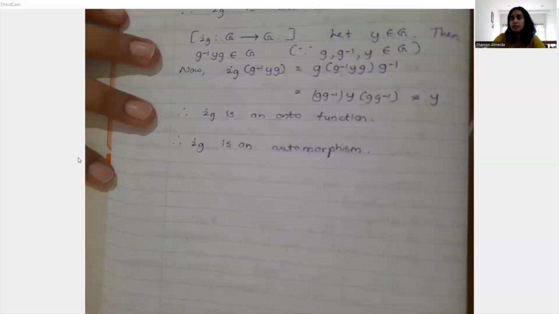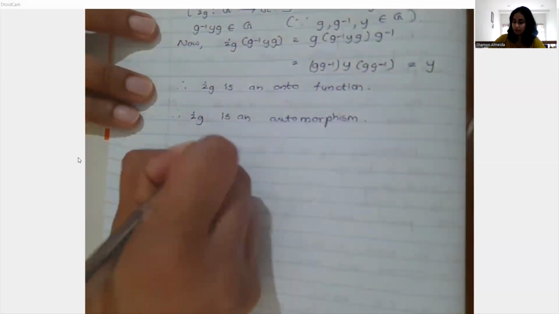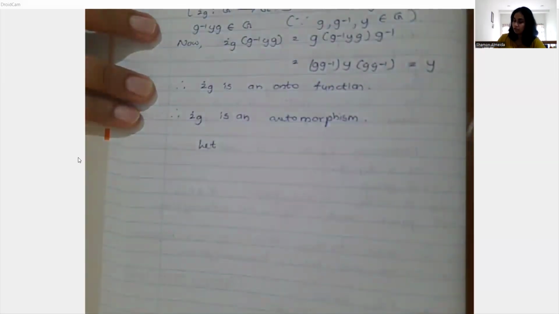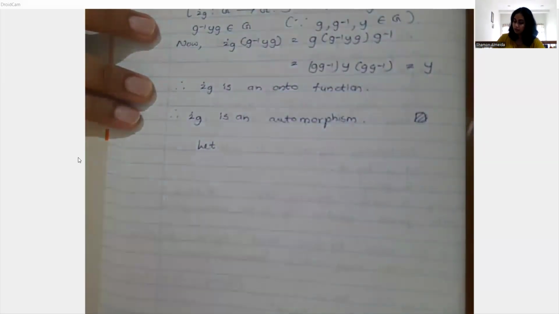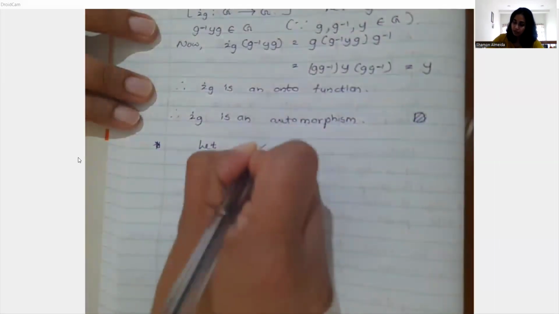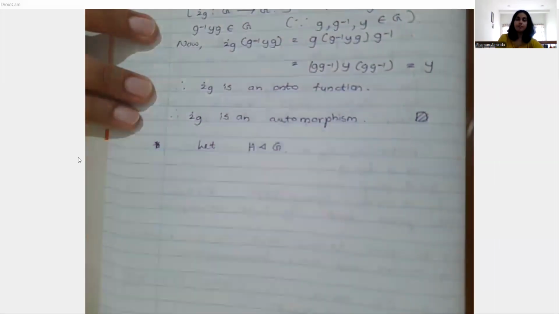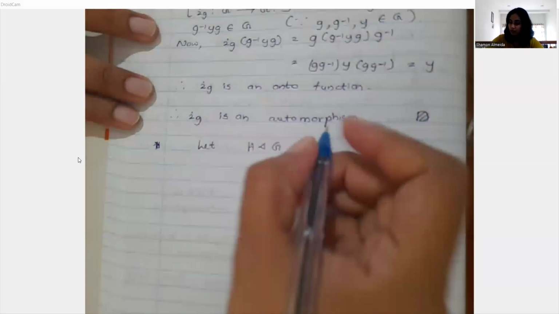let's take any normal subgroup of the group G. Now this is not a part of the proof, end of the proof, right? Let H be a normal subgroup in G. Let H be a normal subgroup in G, right? Then we know